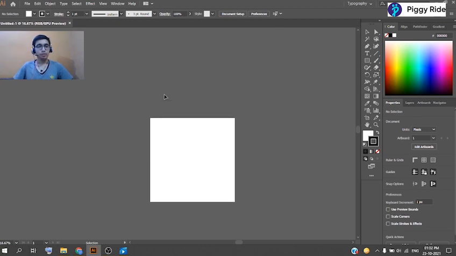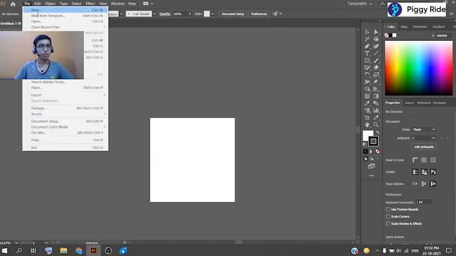With that, we have our toolbar here, which shows all the 28 tools that are present in this software, like selection tool, direct selection, pen tool, curvature tool, text tool, and many other tools that we will be discussing in this session. With that, we have the menu bar here, which shows file.